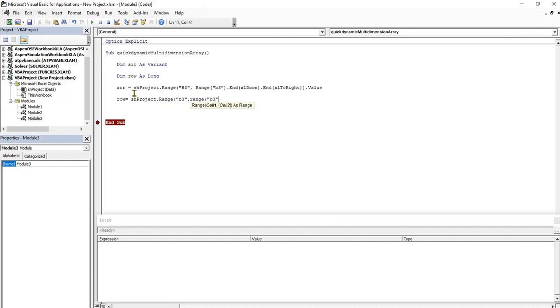b3 dot add, Excel down dot, cells dot count, dot count, press the tab key, and this should be bracket close, enter. So we have gotten the number of rows from there. Okay,